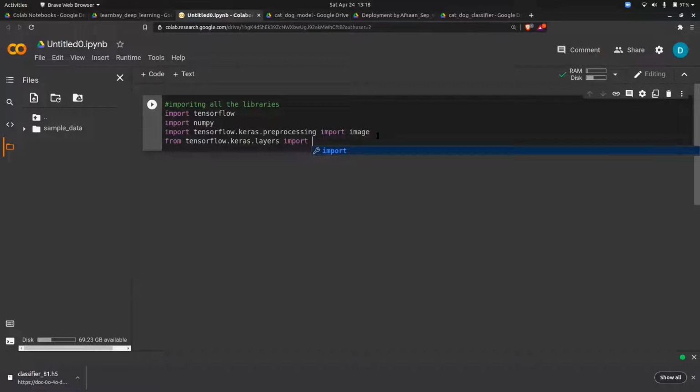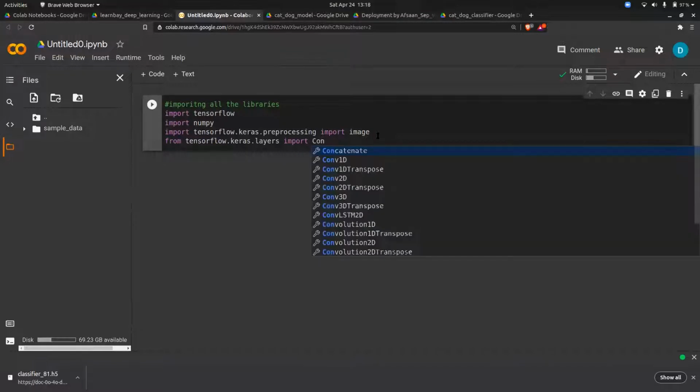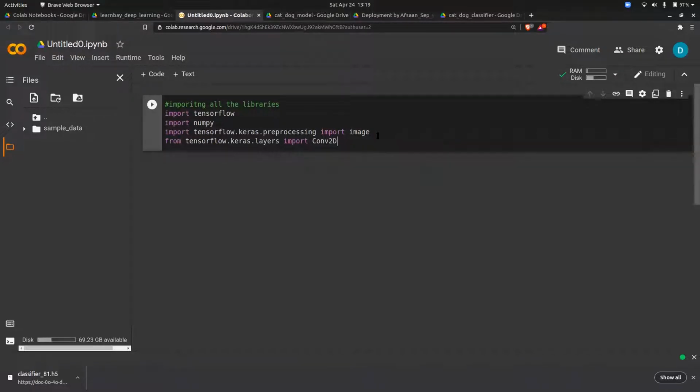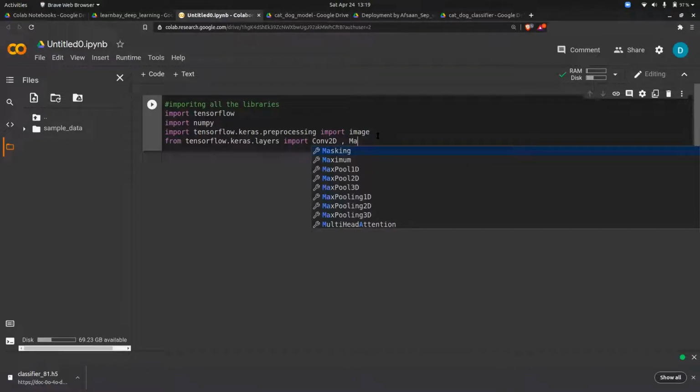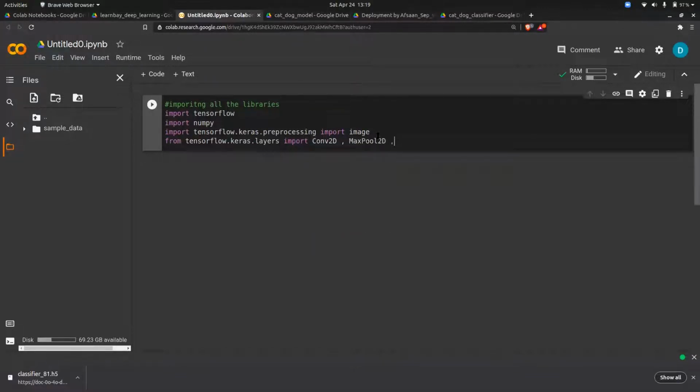Convolution, Conv2D, MaxPool2D. So Conv2D, MaxPool2D, then Flatten, then Dense, Dropout.